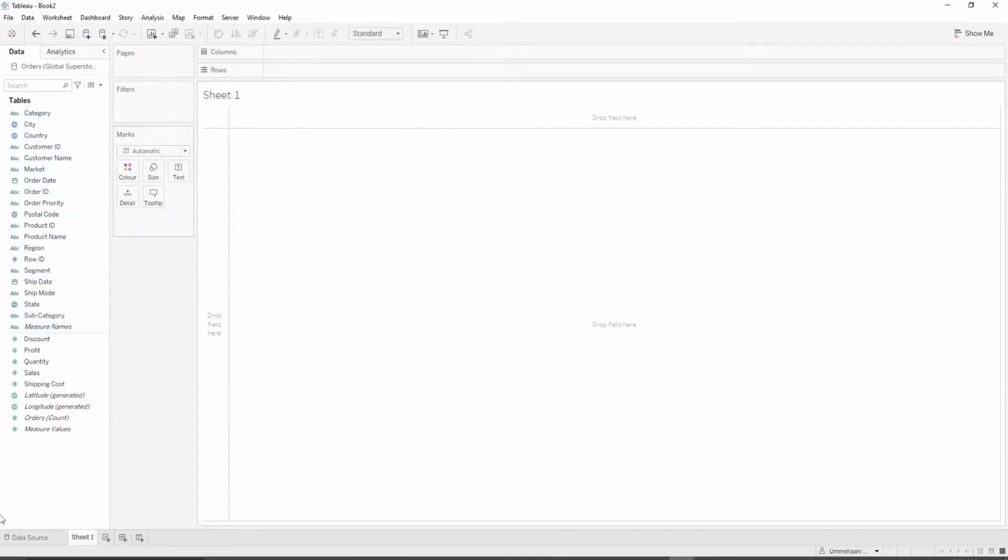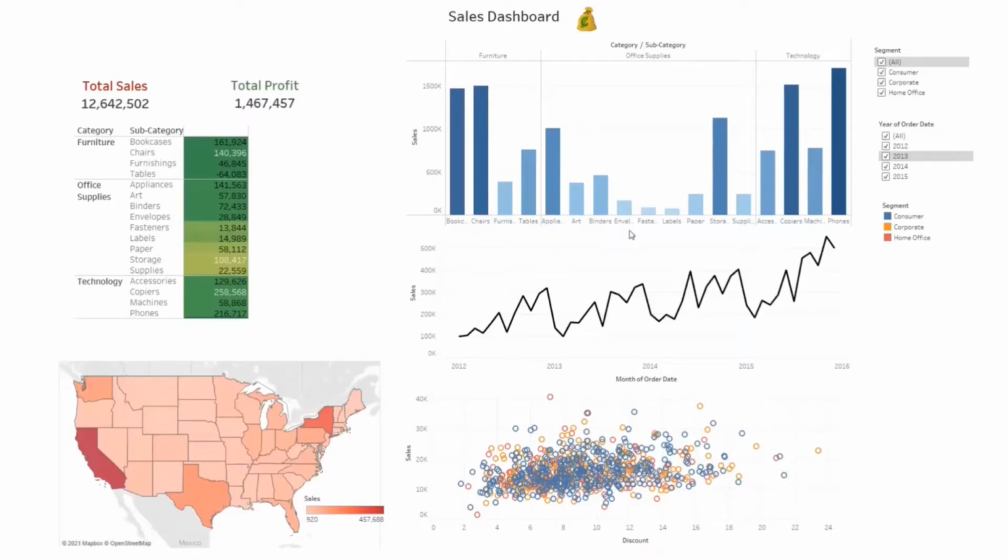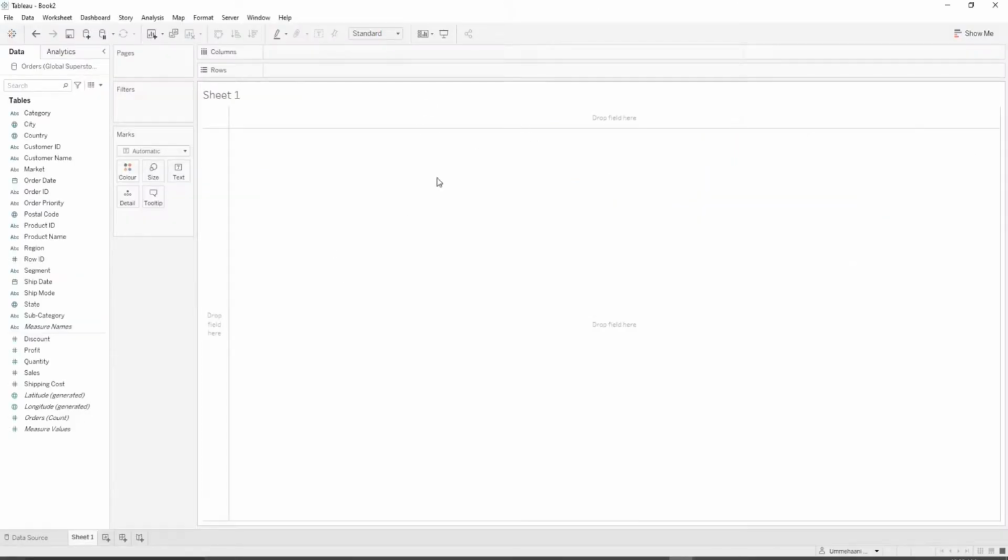Now to make a chart, you have an x-axis and a y-axis. Over here you have this thing called a shelf, columns and rows. These are our shelves. Rows basically means you want your values to be one below the other, that's the y-axis. And columns basically means you want your variable's values to be beside each other, that basically means the x-axis. We will see that. The first thing that we are going to make is this blue graph, that is the bar graph. On the x-axis we are having category, and on the y-axis we are having sales for each of the categories.